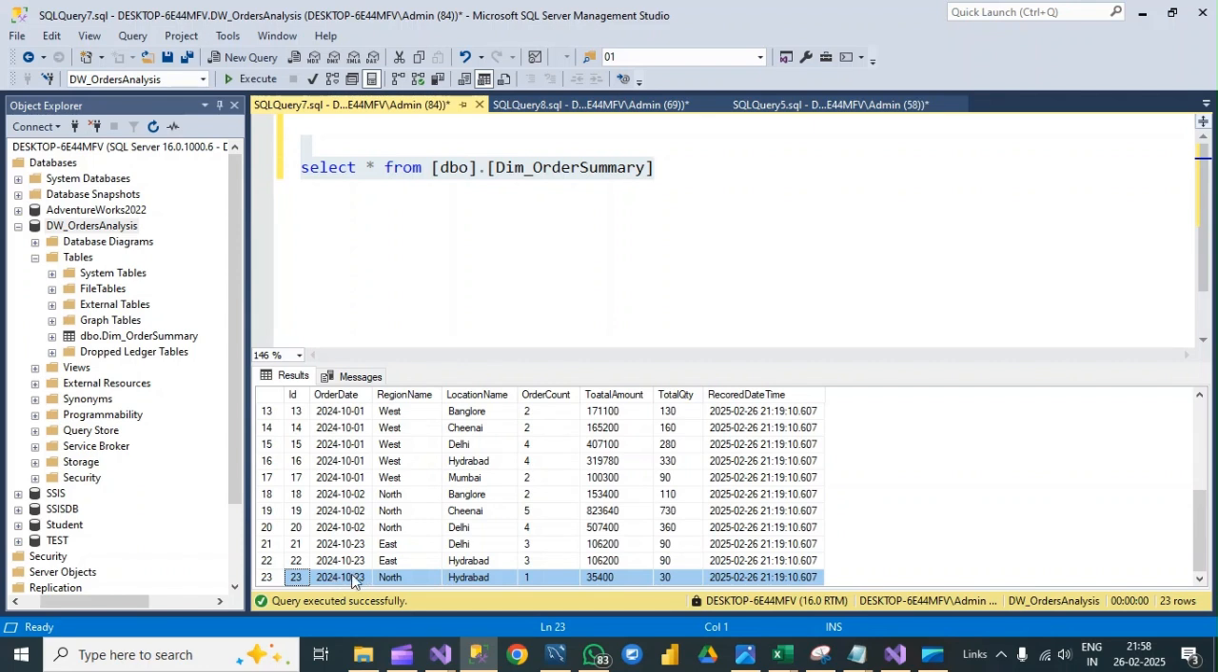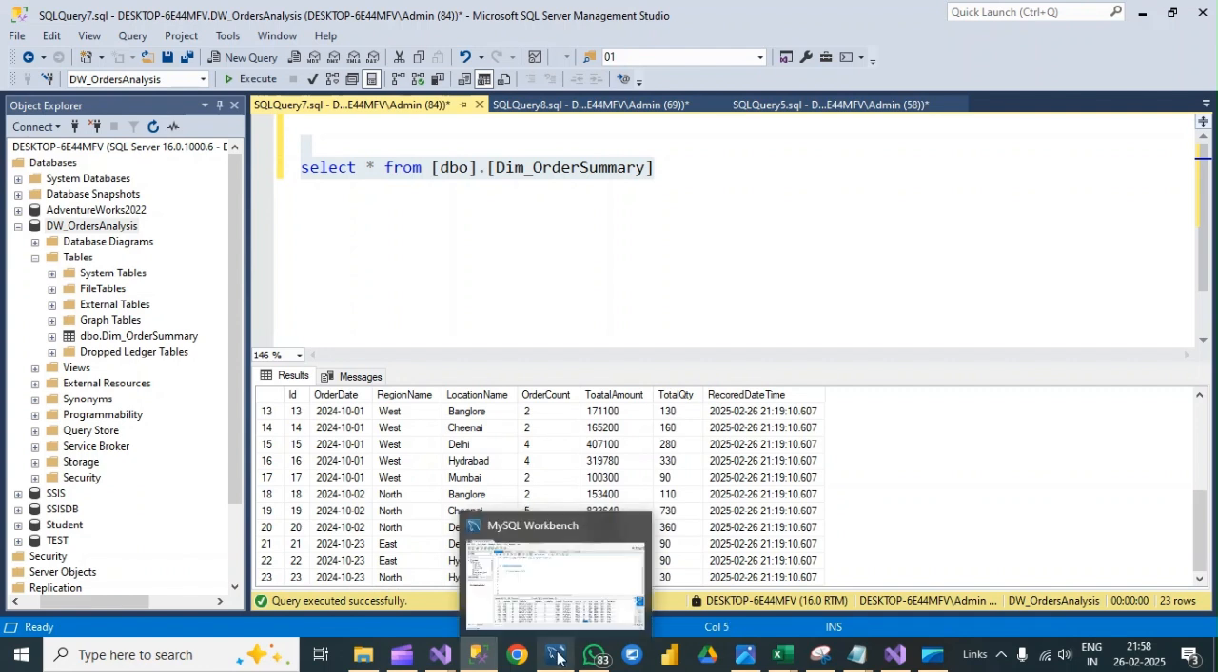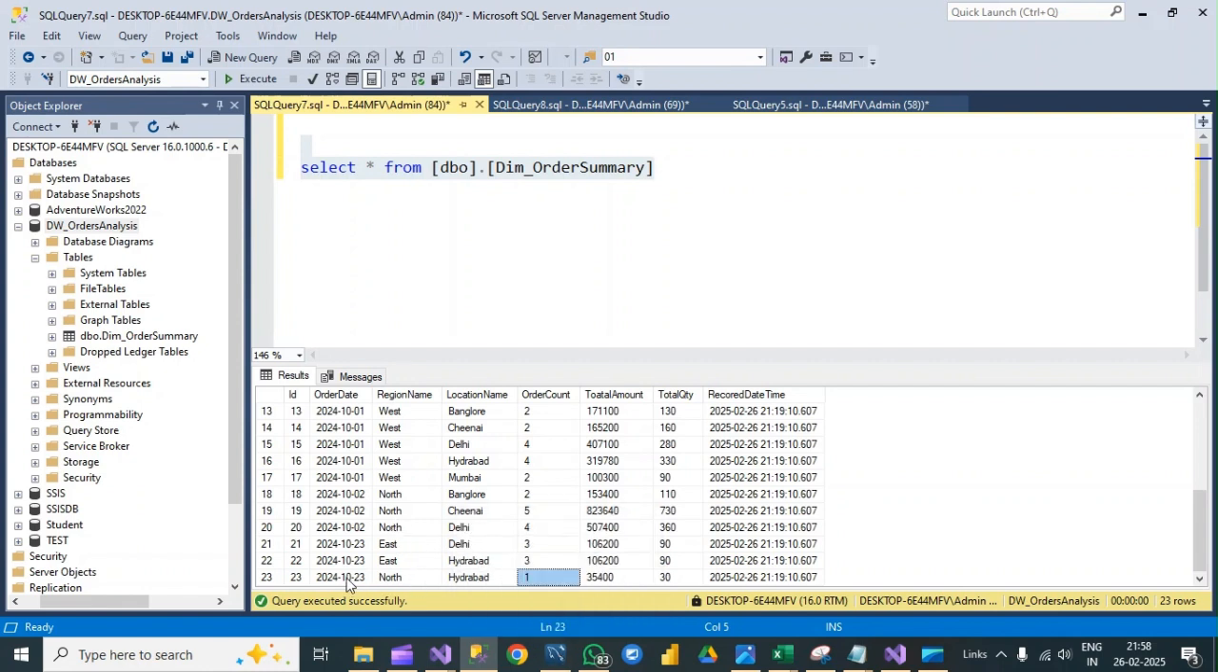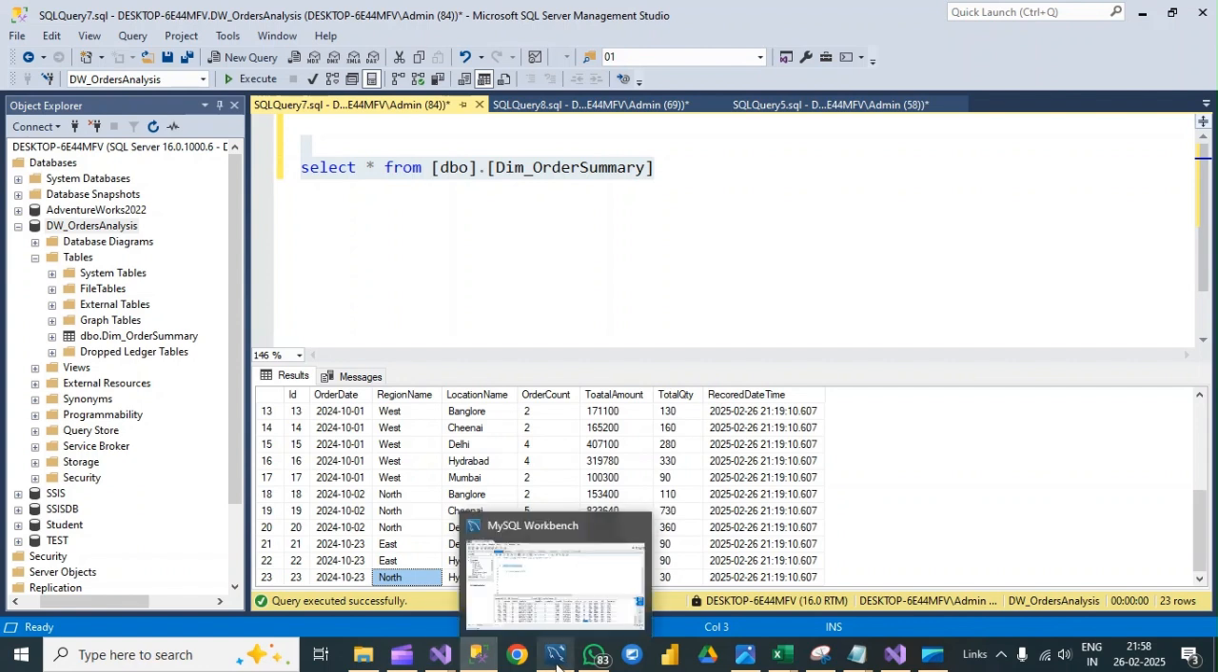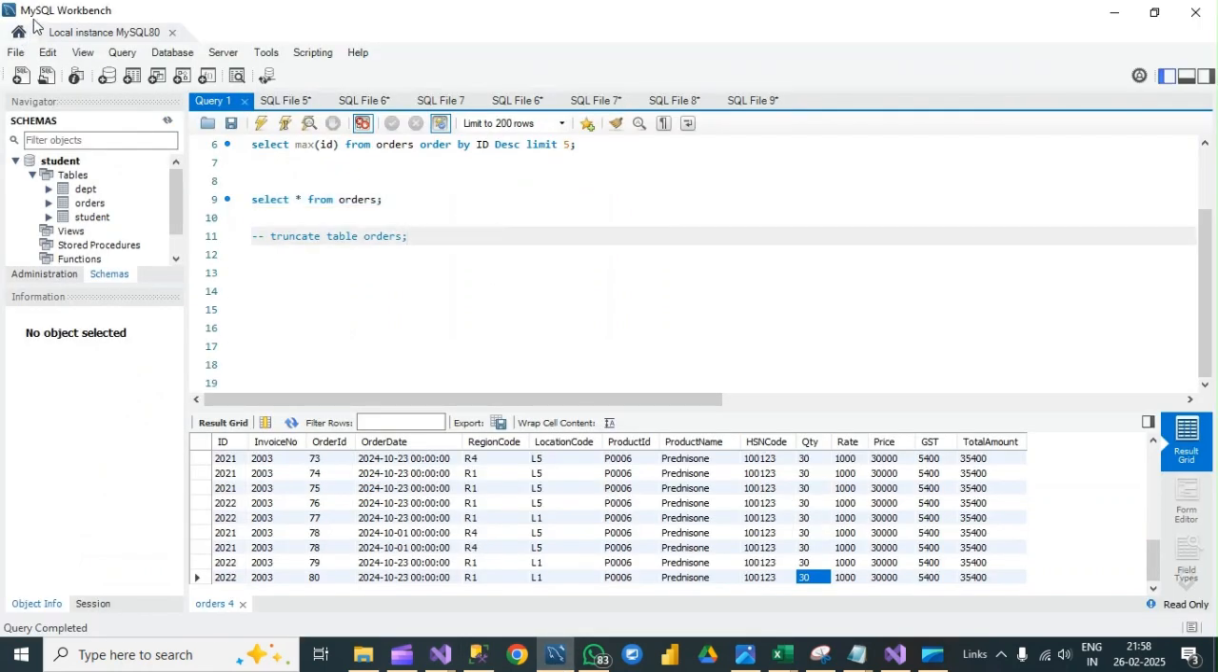The 23rd record is the 23rd date, North region, Hyderabad location, and for that the order count is 1. Suppose we add one more order for the same location, same date, and same region. Then we will check whether the data is added or updated. For that I will open my MySQL Workbench, because we will add the data from